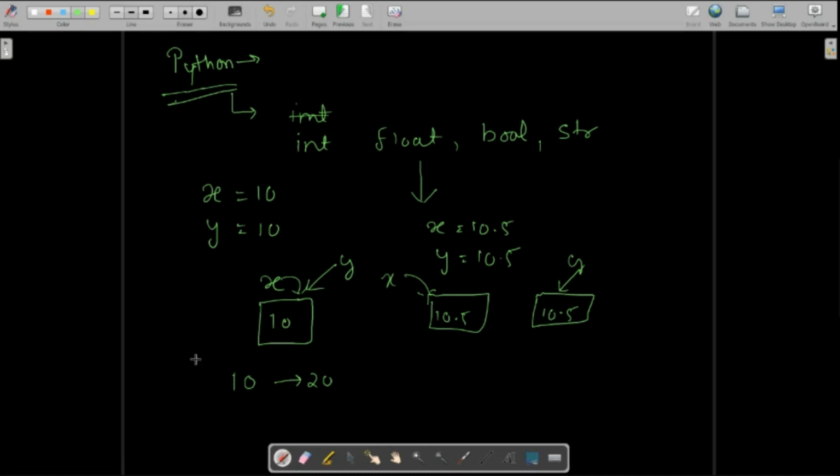Between 10 to 20 in case of integers, there are 10 numbers, and the range is always finite. But between 10 to 11 in case of float or decimal values, how many numbers are there? Infinite. So in case of float memory allocation, because the range is infinite,